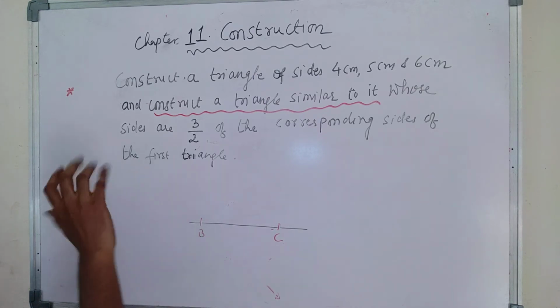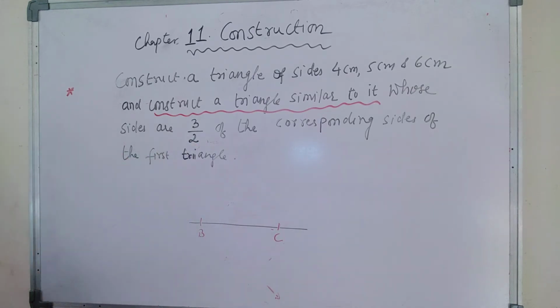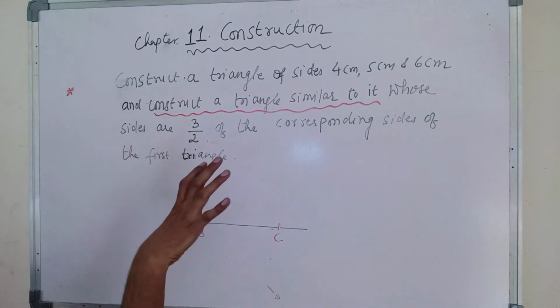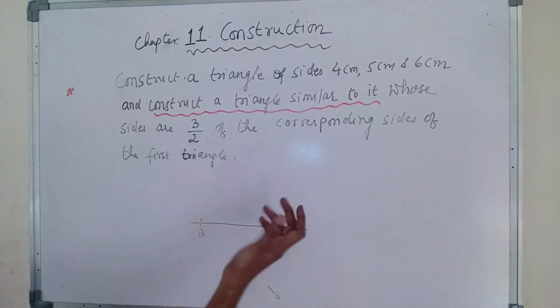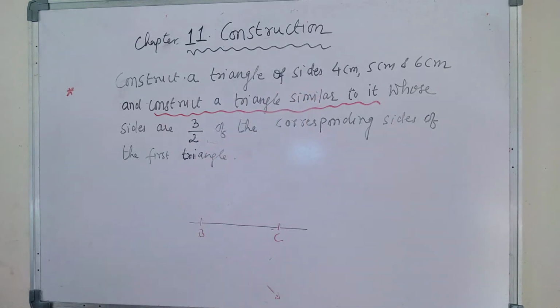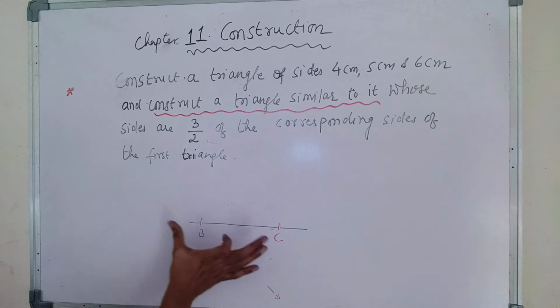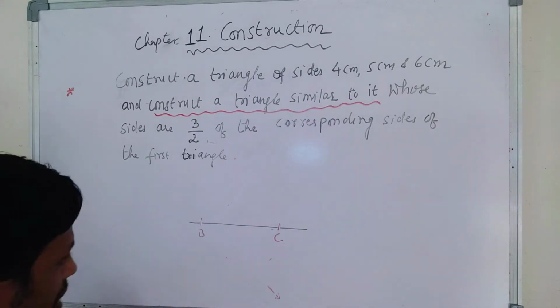Here, as I told you, the concept of the construction remains the same. Only in this case, if the numerator is greater than the denominator, the similar triangle which you will be drawing will be drawn outside, or exterior, to the given triangle. So let us work on that. Same thing, I have taken BC as 5 centimeters.